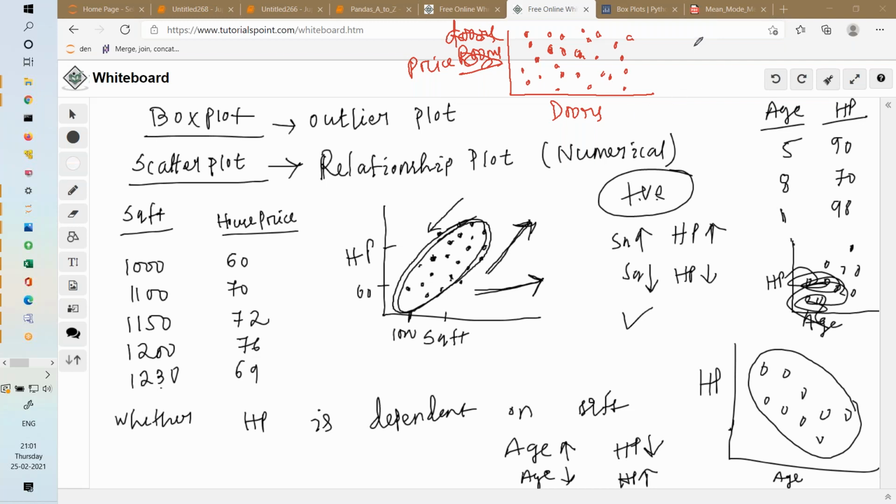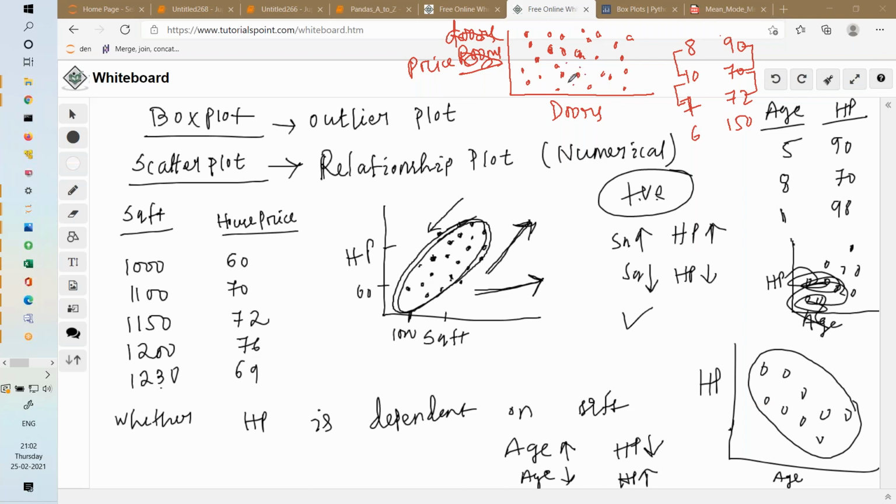Let's say I'll give you one example. Number of doors is 8, house price is 90 lakh. Number of doors is 10, house price is let's say 70 lakh, right? Number of doors is let's say 7, house price is 72 lakhs. Number of doors is like random, number of doors is 6, and then house price is 150. So what will I understand? If my number of doors is increasing, house price is reduced. Here number of doors is reducing, house price is increasing. So no pattern exists. I cannot conclude anything about the house price based on doors, right?